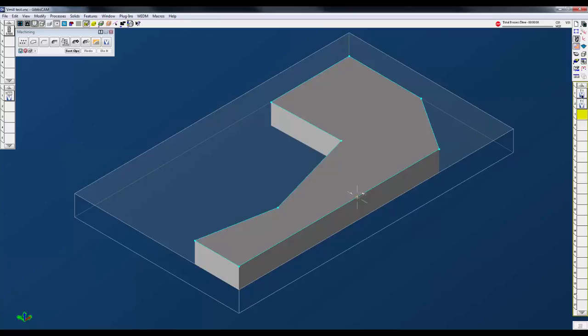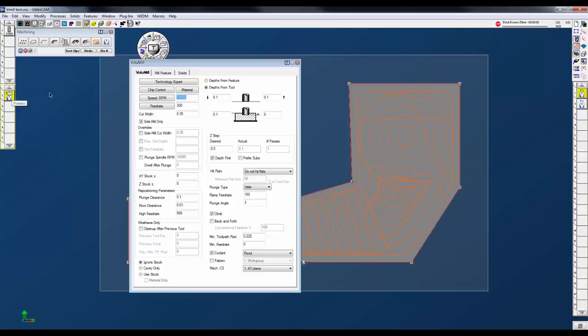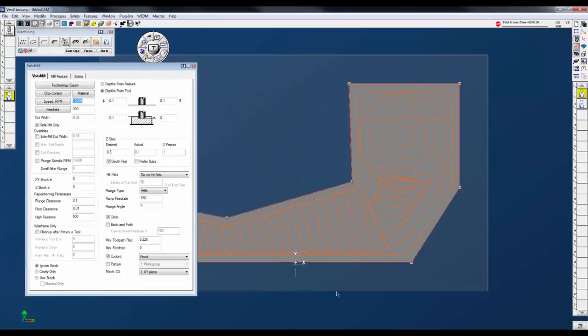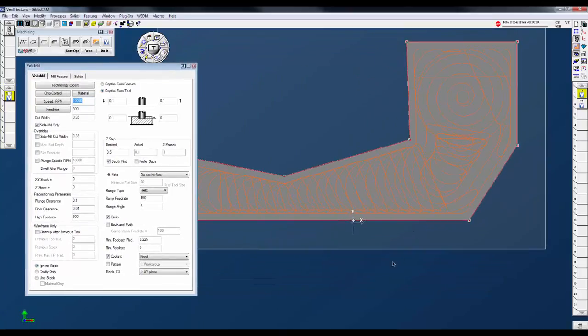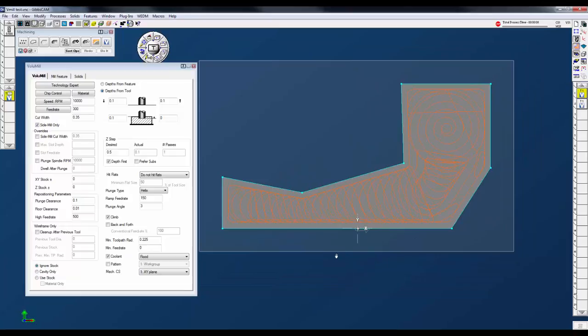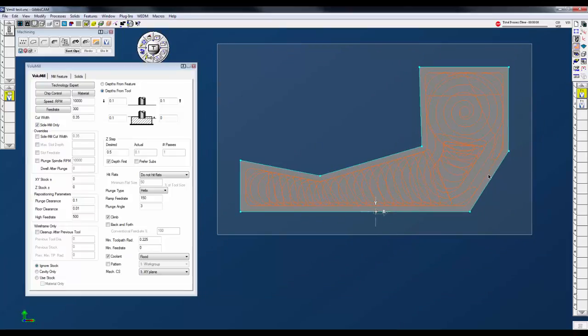So I wanted to show you a couple things here. So I'm going to just go ahead and click on this. Let's go ahead and look at a top view of this model. So a couple things that are new. Volume Mill is such an interesting toolpath. It's hard to explain what it used to look like and what it looks like now. There's a couple examples on our website of what this looked like in 2015 compared to now, but just to explain